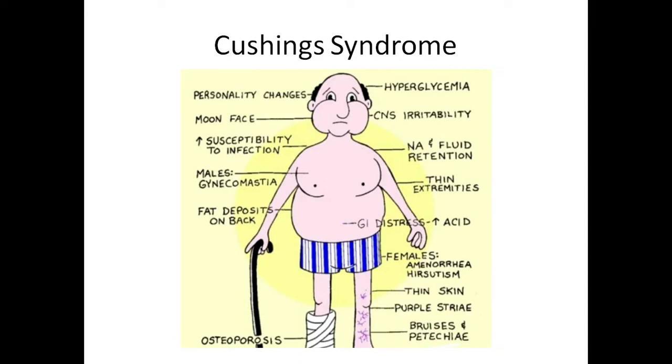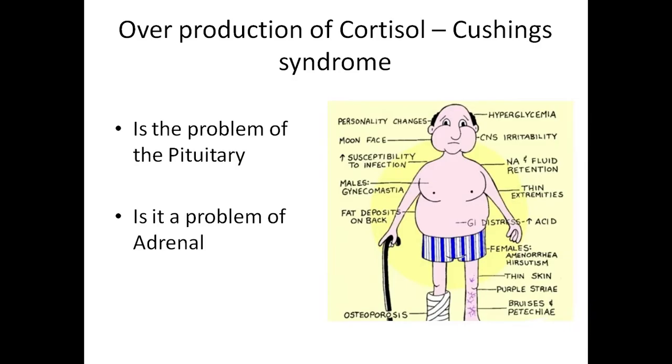So when you get a patient of Cushing syndrome and we're thinking of how we want to find out where the problem is and then start our treatment accordingly, we need to investigate the patient. We know that the cortisol levels are high, so the blood cortisol is being produced in excess. The question is, is this a problem of the pituitary? Is the pituitary producing a lot of excess ACTH which is causing the adrenal cortex to produce more and more hormones, or is it a problem of the adrenal glands which is producing more and more cortisol?